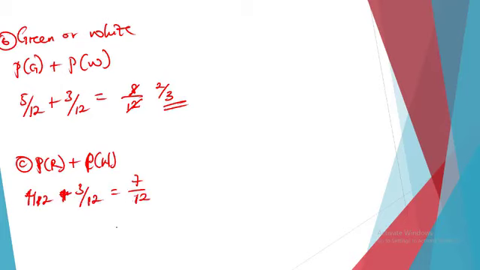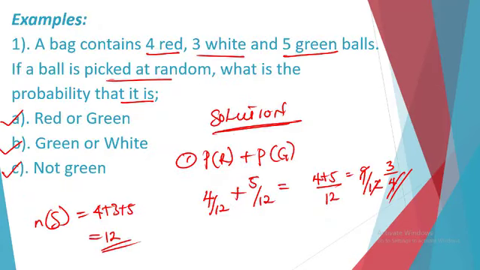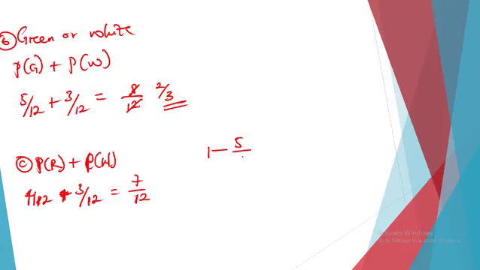7/12. Okay, if you don't want to do it this way too, you can use 1 minus the probability of green, and the probability of green is 5/12. So we have 1 minus 5/12. And what do we have? Our LCM is 12. Remember, 1 into 12 will give us 12. 12 times 1 is 12, minus 12 into itself is 1 times 5 will give us what? 5. So 12 minus 5 will give us what? 7/12, which is still the same answer.